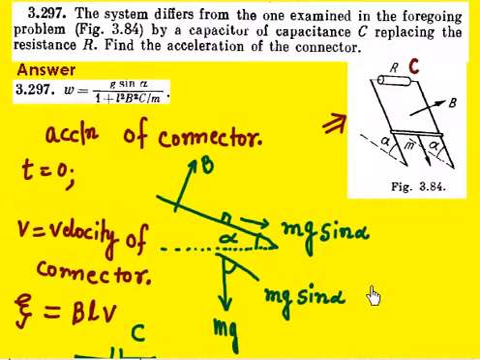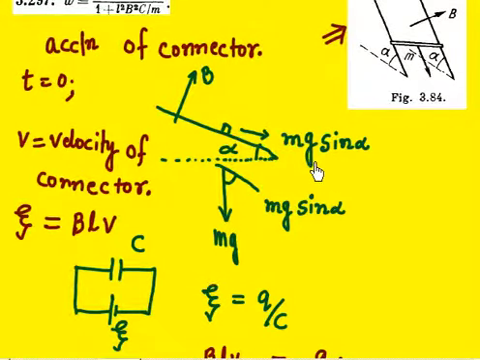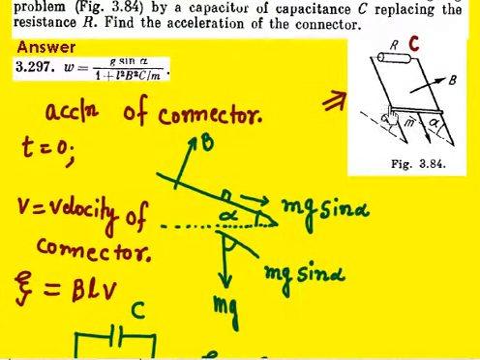So let us try to see this circuit. There is a force mg sine alpha acting in the downward direction. Once there is a force, this circuit will have a current, and due to this current there will be a force I delta L cross B, and this force will be such that it tries to reduce the acceleration, by Lenz's law. The acceleration is in this direction because the force is in this direction. So due to this current there should be a force in the upward direction. If this is the upward direction, what should be the direction of current? Let us say the current direction is something like this. So what will be the direction of force? Delta L is this and B is up.